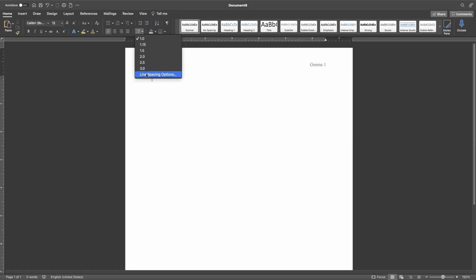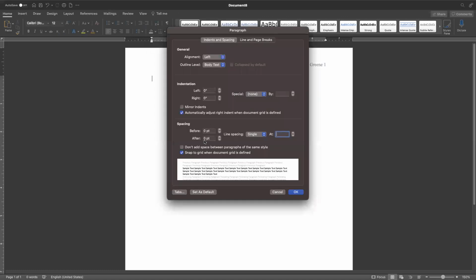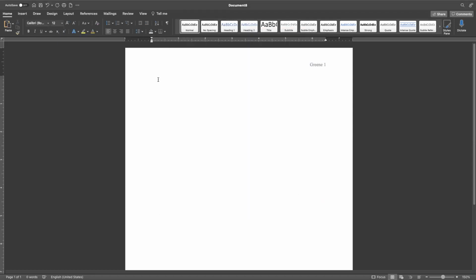So my paragraph line spacing is set correctly, but for some reason, most computers default to 8. This number right here is defaulted to 8. Okay, so this is the spacing before and after a paragraph. So I'm going to save that so that I can show you with a header what that looks like and how it looks different. Okay,